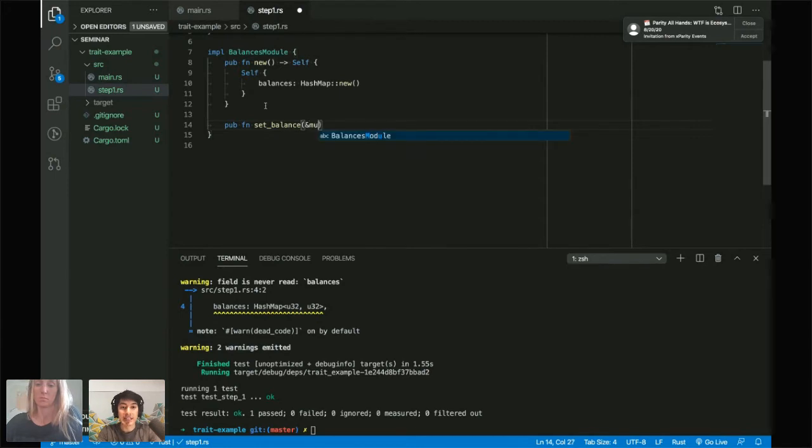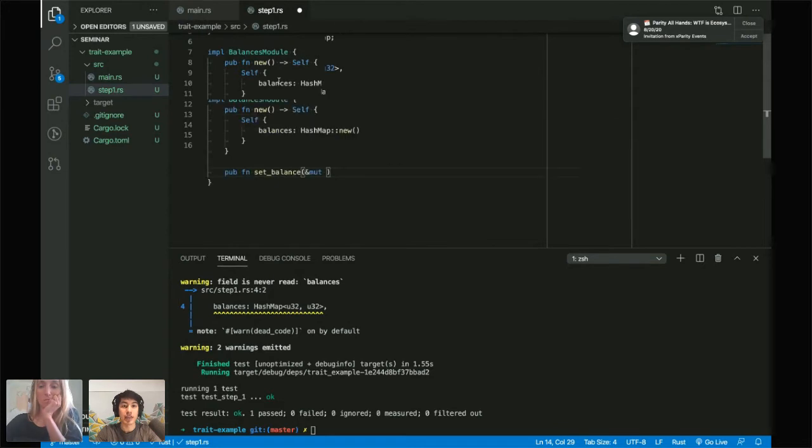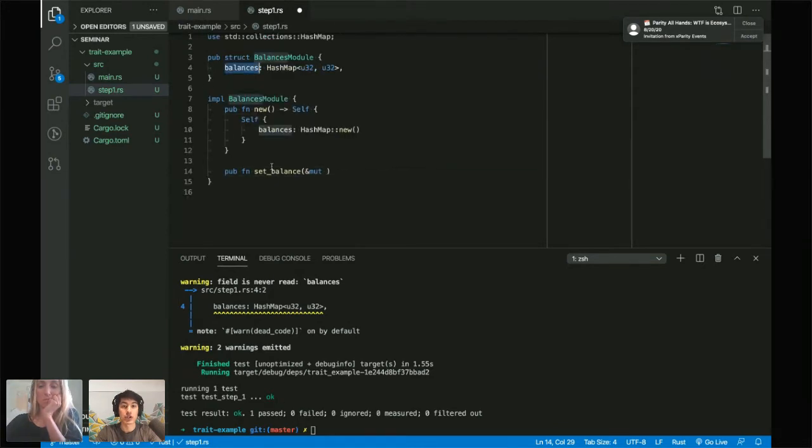I will be dealing with a mutable reference to self, because of course I'm going to be updating this storage with this function. So I need to be able to mutate the object that I am working with, self, and then who is some u32, and amount is also a u32. Again, that's these two types here, so this is a map from this user to this balance.